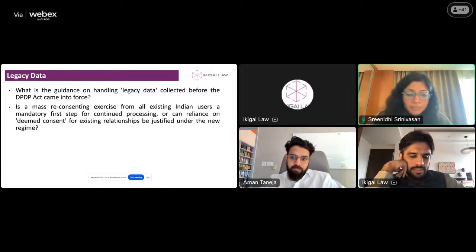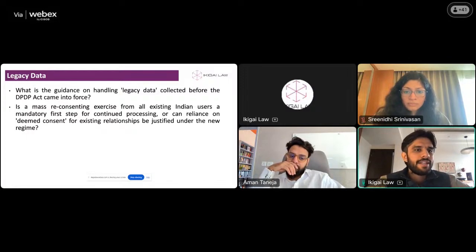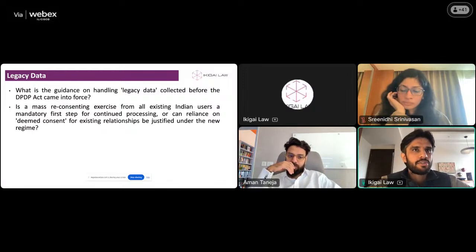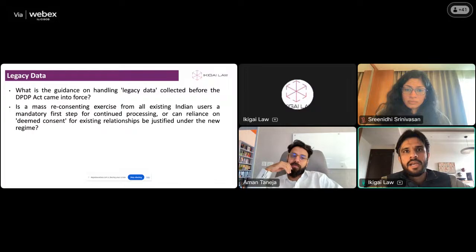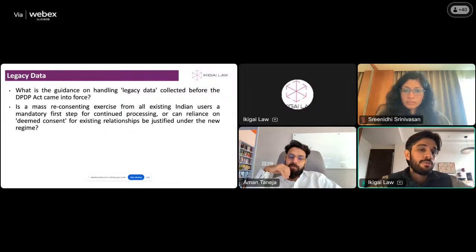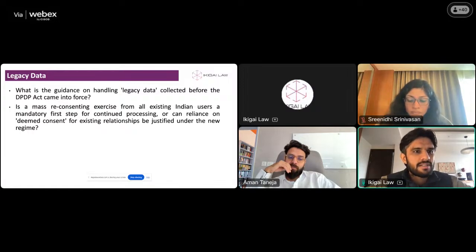Hmm. And just one follow-up over here, Srinidhi and Aman. I know parental consent and children's data is a whole piece that we're going to discuss. But how does this play out in the context of parental consent, especially the linkage of 5.2, which allows the transition and continuity of old consents? Does that extend to the parental consent requirement, especially where a business believes it has taken fairly robust consents from the parents in the past?